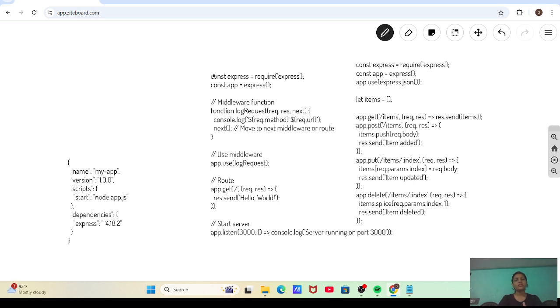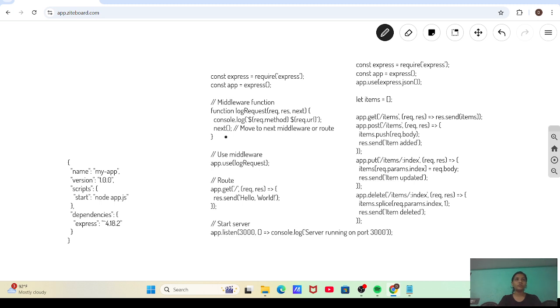First, import Express and create an Express instance, app. This is the middleware function with request, response, and next. The request method shows the HTTP method like post or get, and the request URL is the route URL.